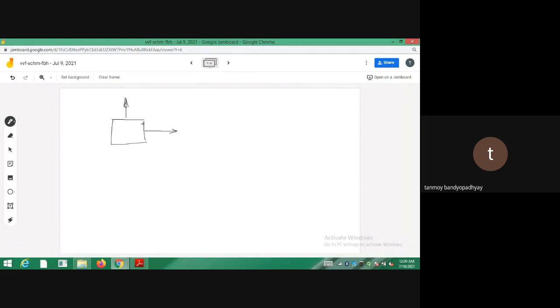Suppose I am having a case something like this. This is sigma x, this is sigma y. So for this case, the principal planes are these lines themselves, there is no inclination of the principal plane. So these are the principal planes. So in this case, sigma x and sigma y are the principal stresses themselves. So this is one principal plane, I'm calling it P1. This is P2. This is P3. This is P4. So all these faces are the principal planes. So this is the orientation of the principal stresses.